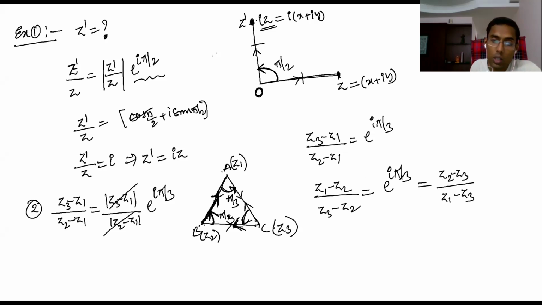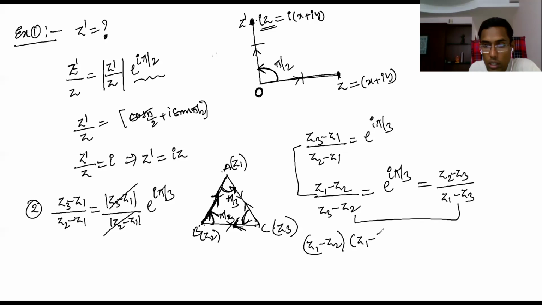You can understand this is the Koni method, and a very important derivation will come here. You can equate any two or any three of these. I am equating these two because it is directly there. So Z1 minus Z2 into Z1 minus Z3 equals, what do I get, Z2 minus Z3 into Z3 minus Z2.